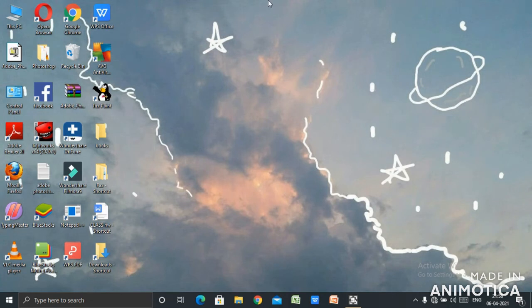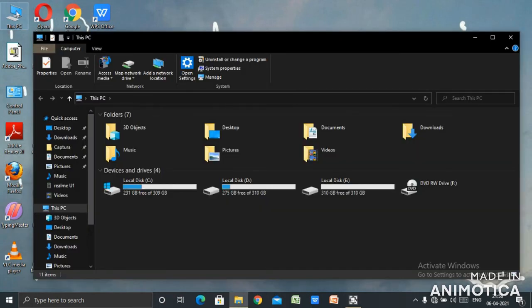I had already explained to you about the Windows Explorer. We can also view the Windows Explorer from the My Computer icon. You can see here all your files and folders are stored. These are the drives and the devices located here, the disks located on your computer system which store all your files and folders.